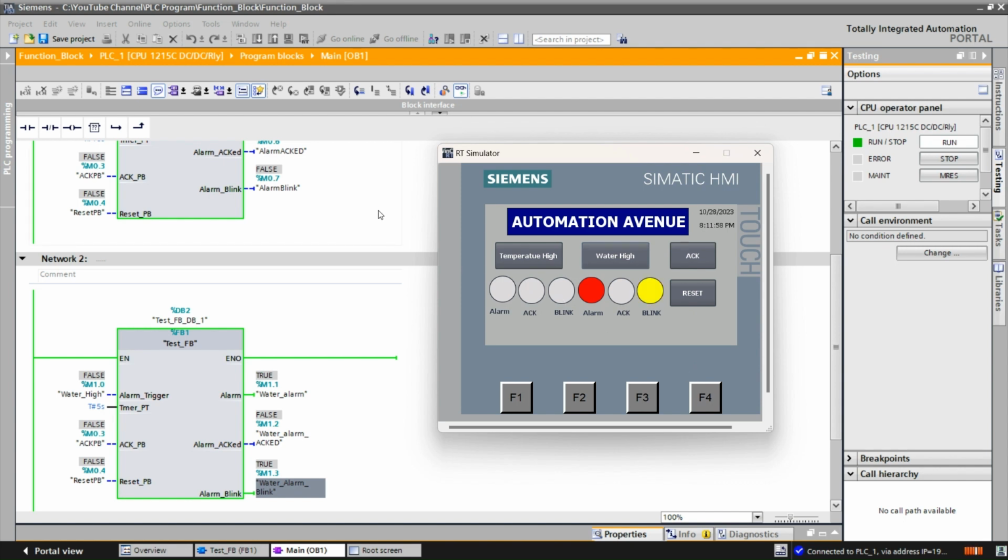Also, at the same time you can see the other alarm, which is temperature high. You can click it and then wait for 10 seconds to trigger the temperature alarm. You can see the temperature alarm is just triggered. You can use this acknowledge button and reset button to reset both. Click acknowledge, it gets acknowledged, and then click reset. The alarm is reset. So this is how you need to create the function block and use it